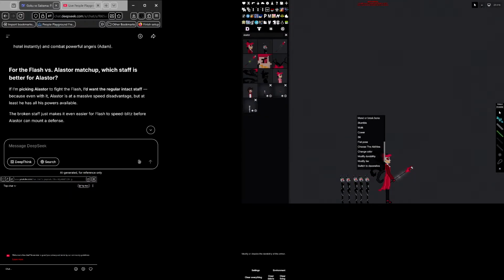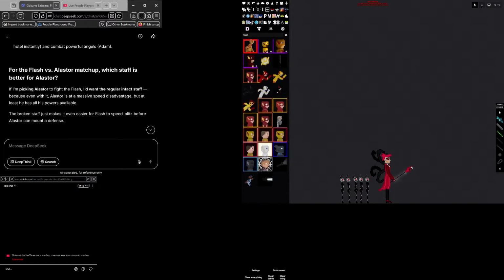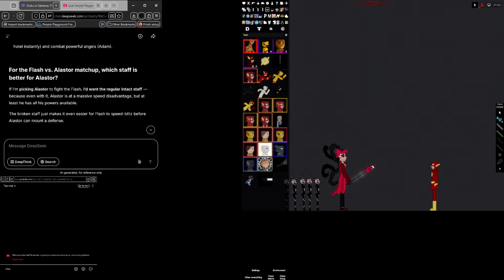Where is it? That's only repair armor and all that. Okay. I'll probably just hold on. Flash. I want to do a different Flash though, so I'm gonna do this one. This one's like the most powerful version though, so I don't know how well that scales onto things, but yeah,